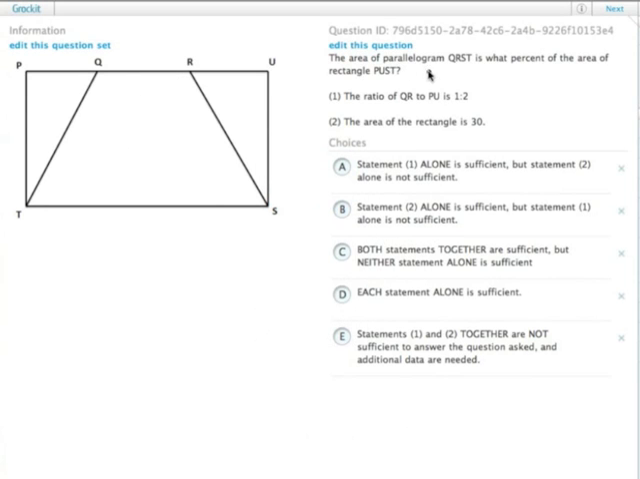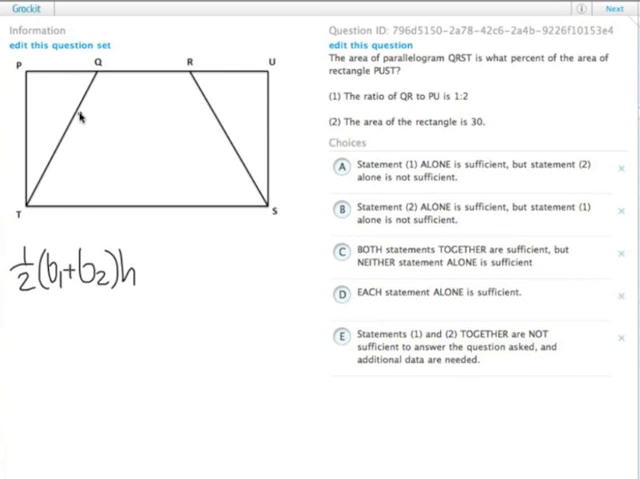So the area of parallelogram QRST is what percent of the area of rectangle PUST? We need to figure out the areas of both, or some proportion thereof, to figure out the proportion and the percent. Statement 1 tells... and so the area of a parallelogram is 1/2 base 1 plus base 2 times the height. So if we can get QR and ST, we are set, and then we also need PT for the